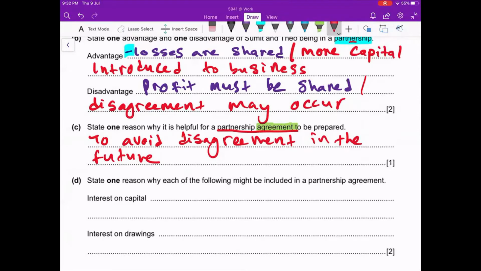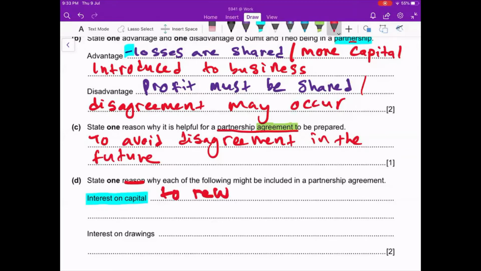Okay, first one is interest on capital. What is interest on capital? In a partnership, whenever the owner contributes capital, to appreciate them, the business will give them interest on their capital. If they give more capital, they get more interest. If they give less capital, they get less interest. So the reason we include this in our agreement is